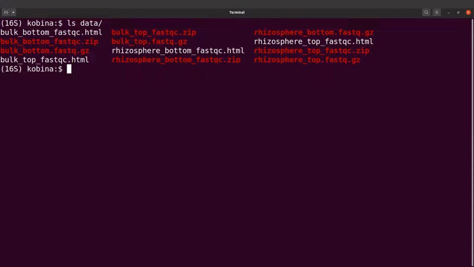We are going to aggregate everything, and then we will generate a single report, and we can view that report using our browser. This can help us to easily compare the files of interest. To aggregate the fastqc reports using multiqc, we will say multiqc, and then we say